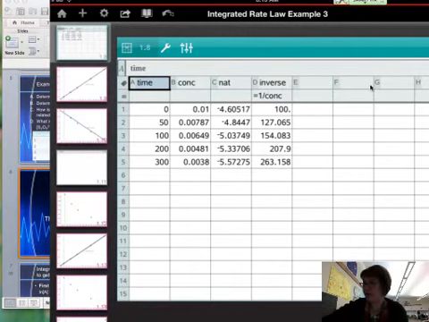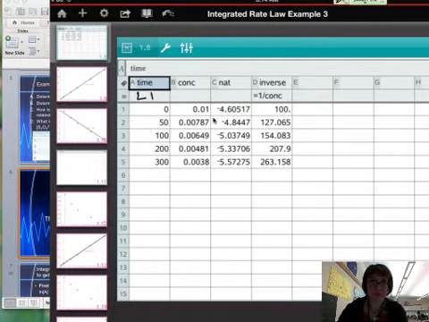So in your calculator, I want this to go into list 1. All right, so type in the time into list 1. Then the concentration needs to go into list 2. If you don't remember how to get there, it was stat, then edit. All right? And then to find the natural log of the concentration, you're going to type in ln of